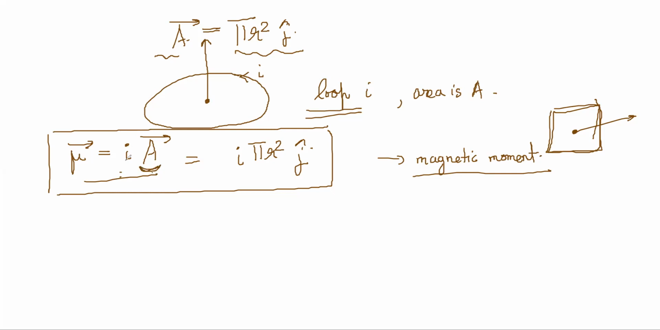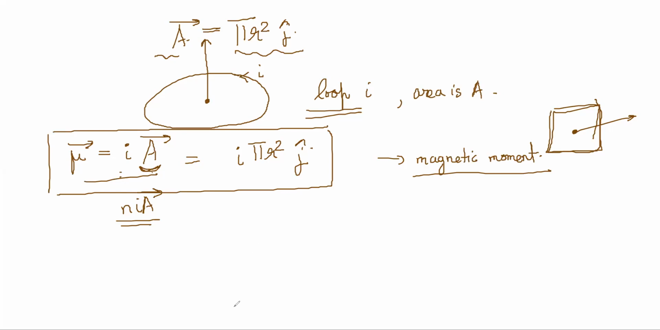If there are multiple loops, it will be N into I into A. If there are 10 turns, the magnetic moment will be 10 times, because each loop contributes. Now this is the definition, but the reason it has been defined is